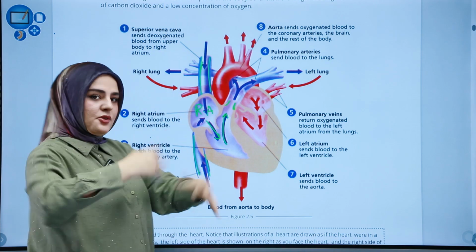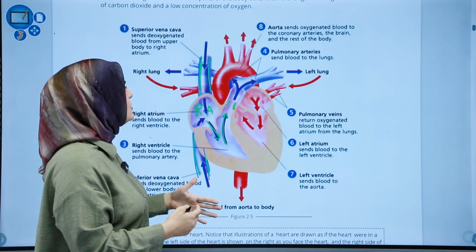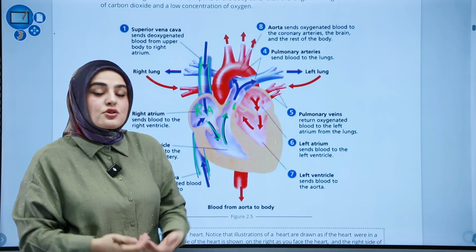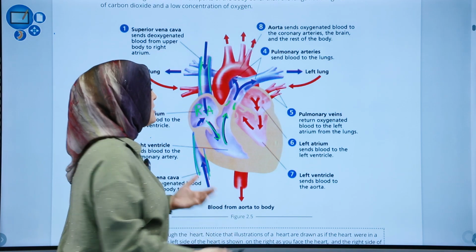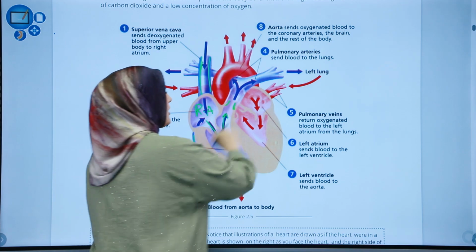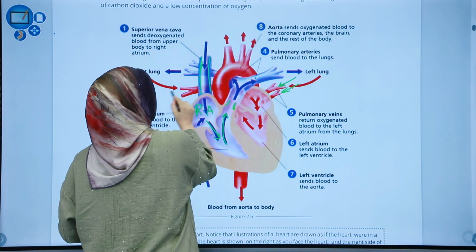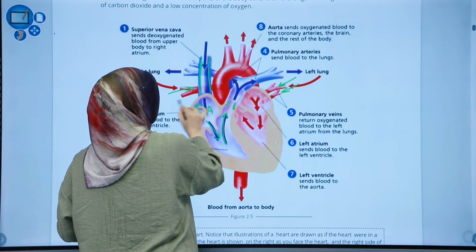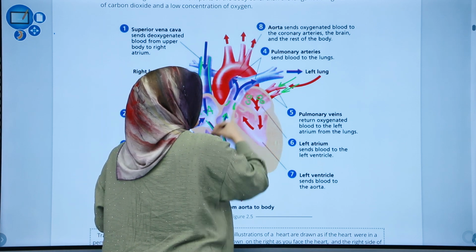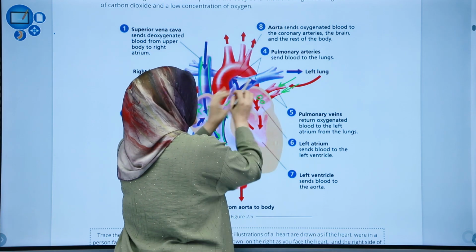And then the lungs are going to work on them, bringing more oxygen to them, taking away the CO2. Once the blood is clean, we have to bring it back to the heart so that the heart pushes it to the body. How do we bring it back? Through four. How many did I say? Four veins. That's one, that's two. There is another one here. Supposedly there's supposed to be another one here. Each one of them, these are the openings of them, drains all the oxygenated blood back to this